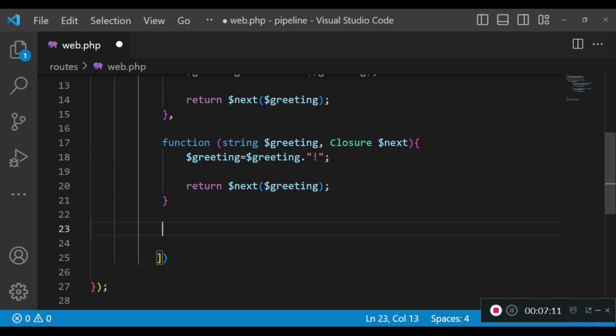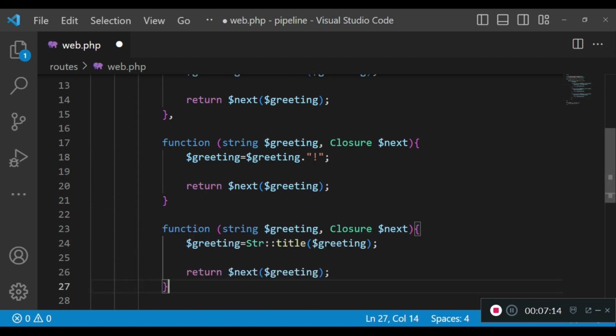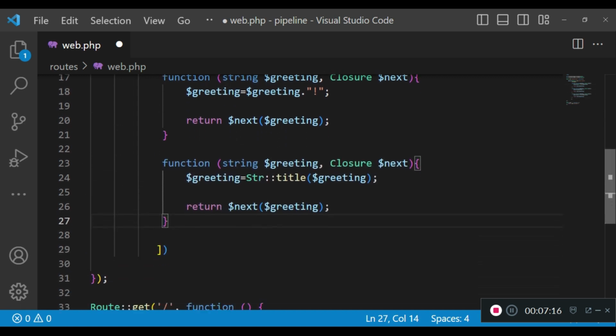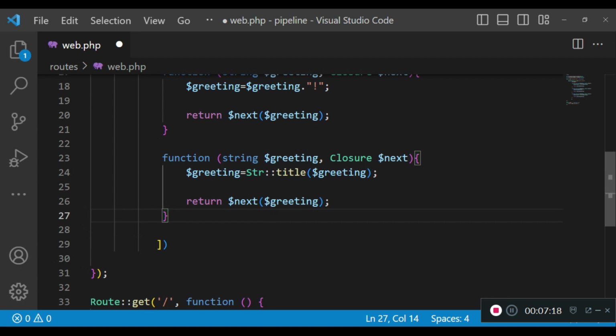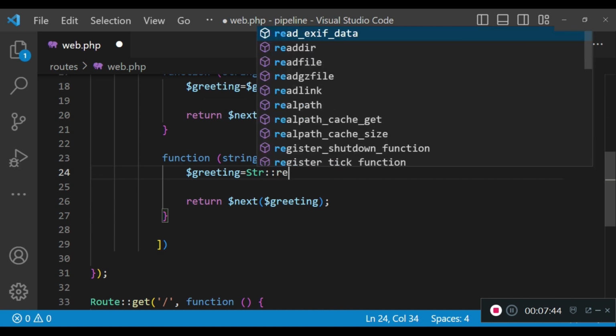And then of course in the next pipe, I would like to change the greeting, because in the greeting we have hello world, and I want to change the word world to maybe my name. I can change it to William. So that is what I would like to do here. Let me modify here, and we are again going to use the str helper, and here we are going to replace. So let me just delete this. You're going to say str replace